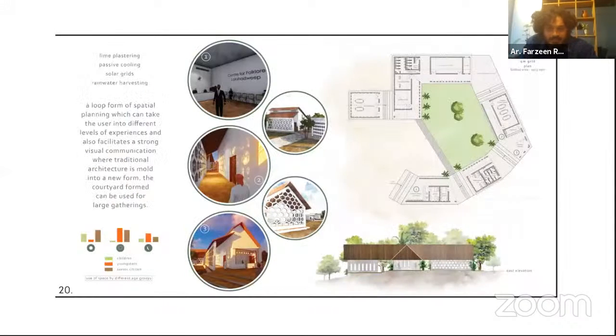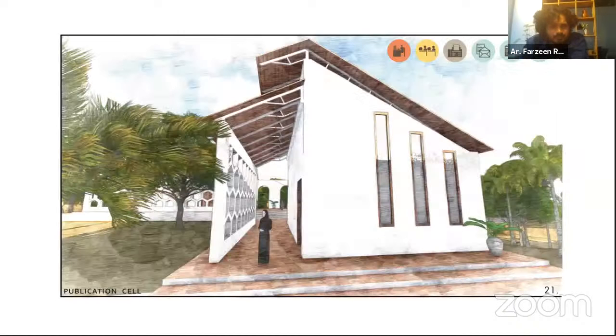And this is the plan, the elevations, the 3D views. So this space is designed in such a way that there can be research, the performance space, and all those spaces. Currently, Lakshadweep doesn't have many spaces for performance. They have an auditorium, an open air auditorium, in one or two islands. That's it.